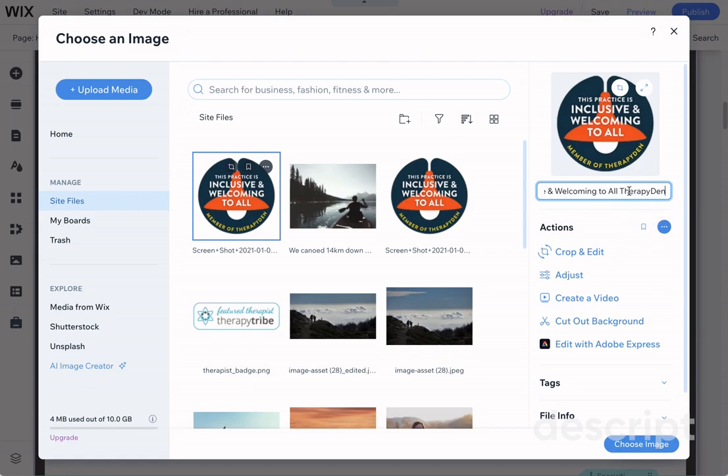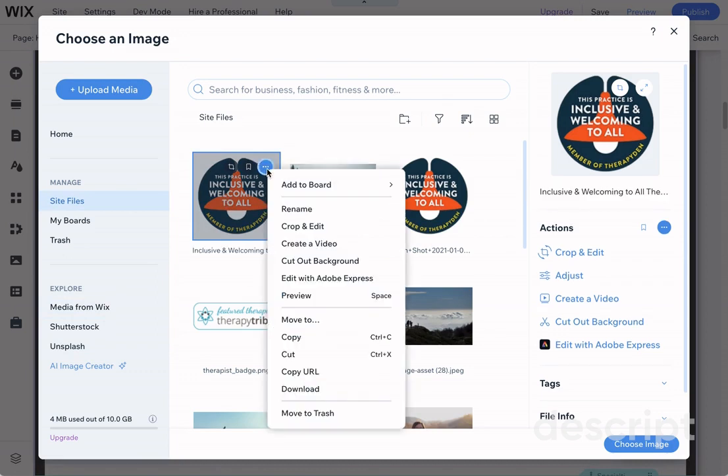That helps me because down the road I can search for therapy den or whatever and find that image. If it doesn't have a good name, it's impossible to find. But that said, if you cannot find the image that you have selected, sometimes they may even be from Shutterstock or Unsplash or media from Wix, so they're not even in your site files. To get them into your site file, you can simply edit them, and you can come in here and click on